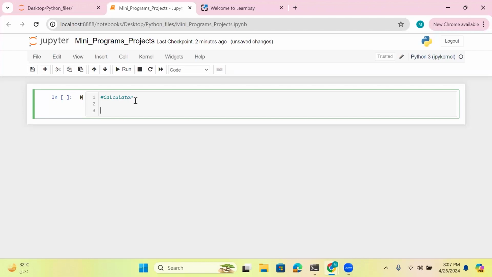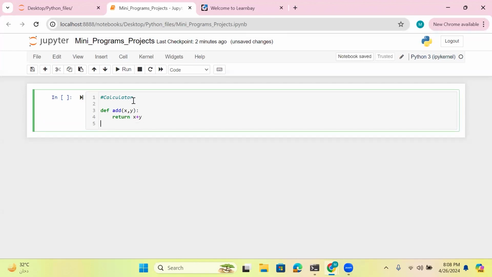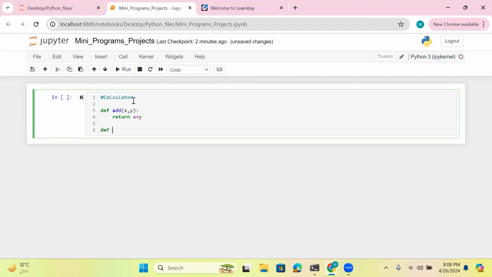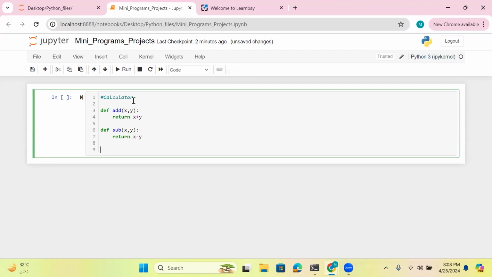Okay. So let's say, all right, definition function add can add x comma y. Let's say return x plus y. Another definition, subtract. Let's say again x comma y will return x minus y. And we'll say multiply